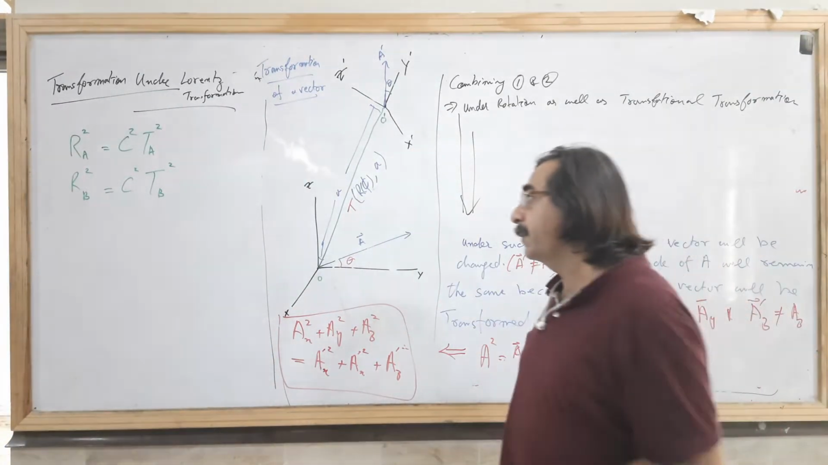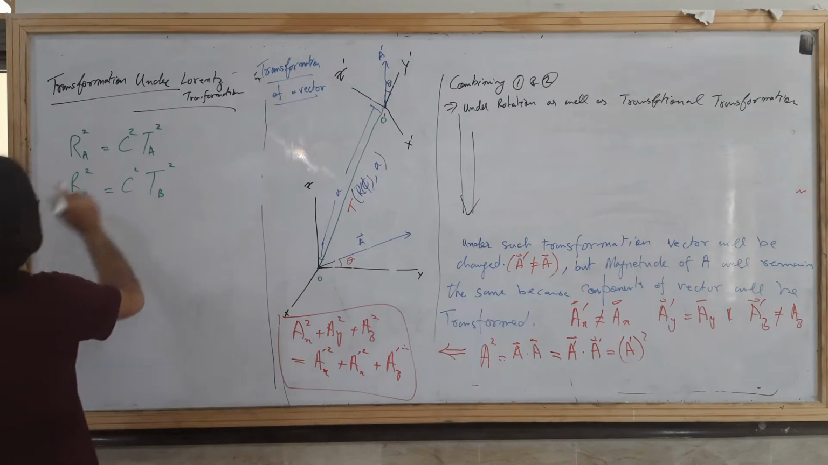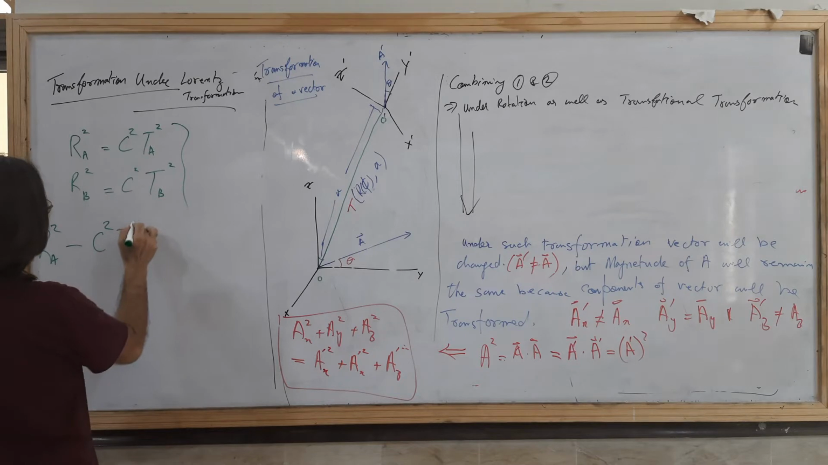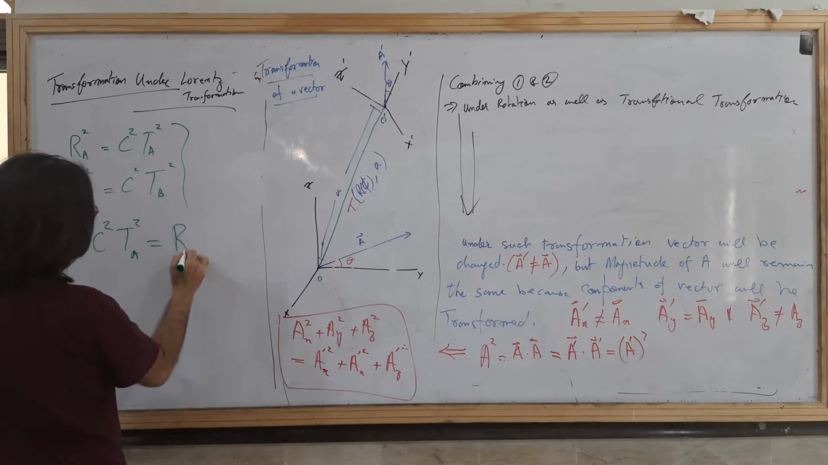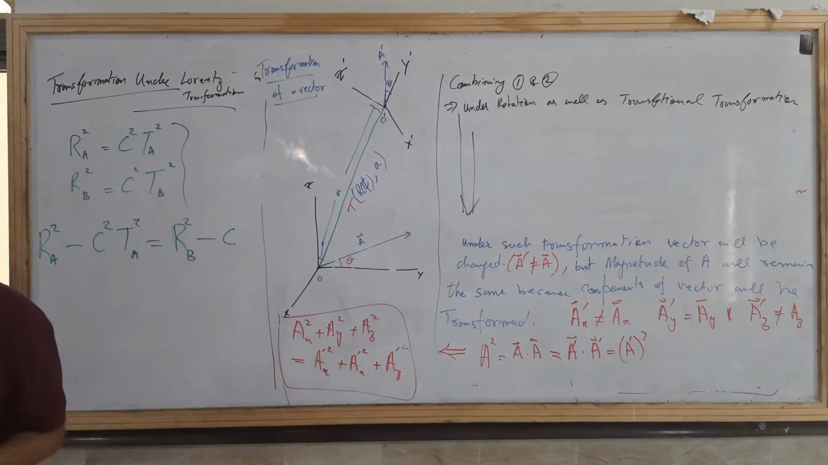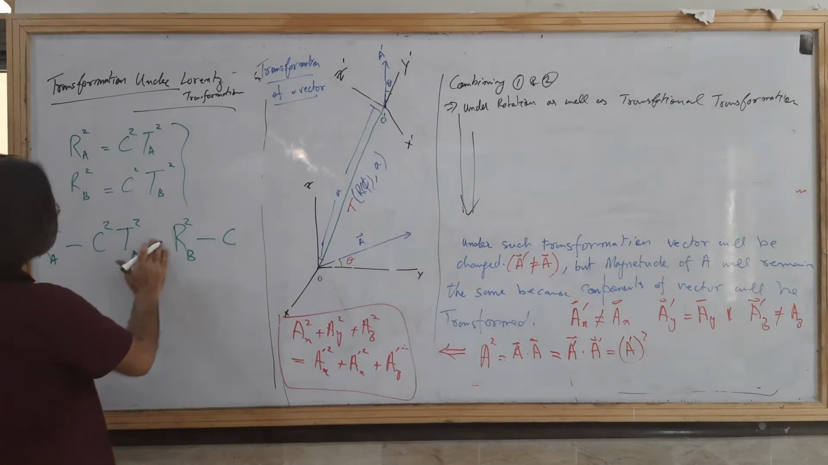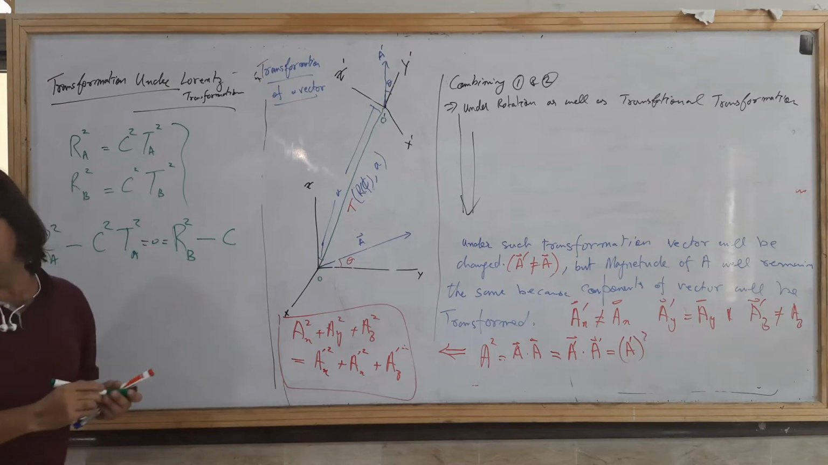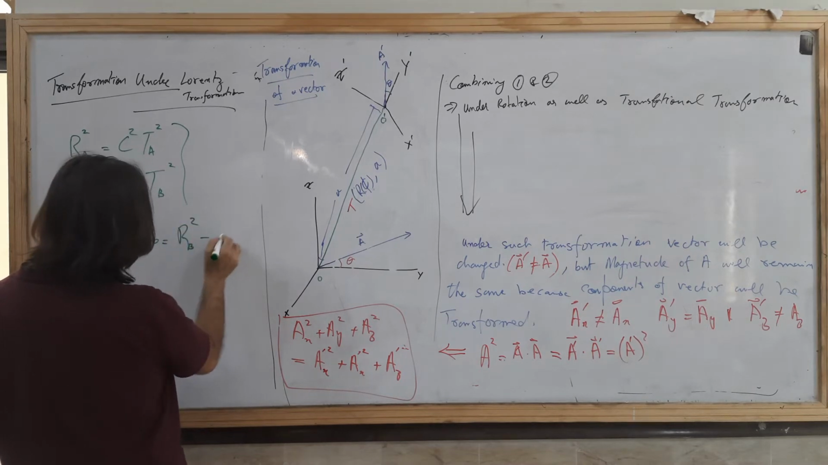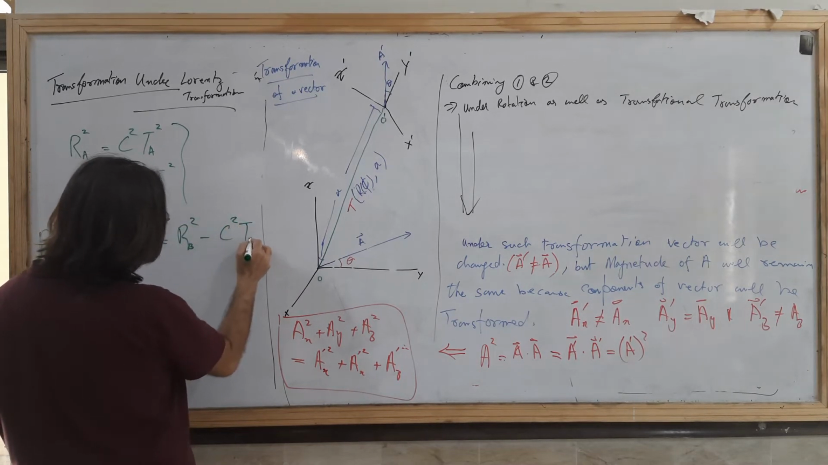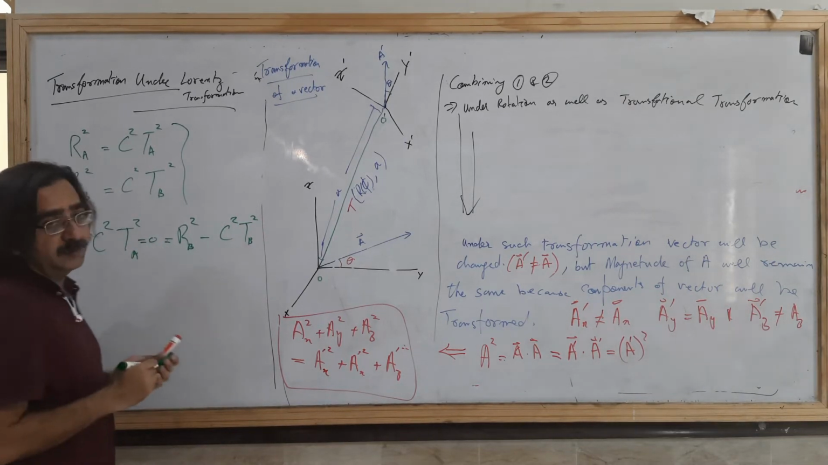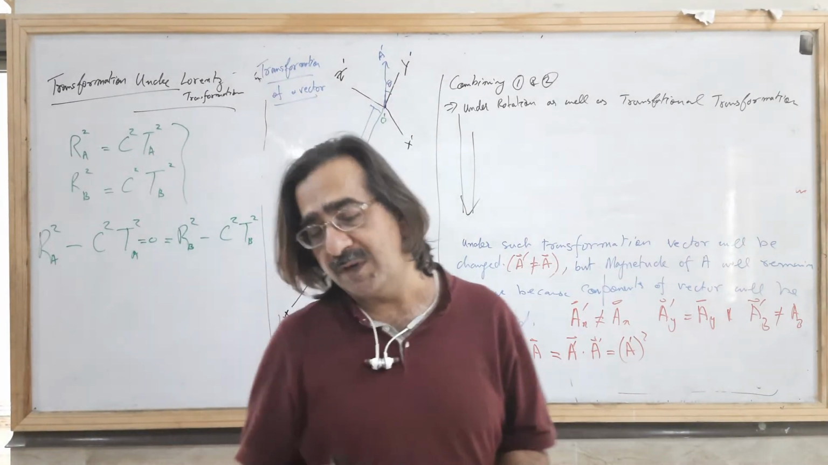So we may say that RA square minus C square TA square equals RB square minus C square TB square, because both are equal to 0. In the beginning this will be 0. Both are equal to 0. But in a more general form, we had taken a particular case, but in a more general form,